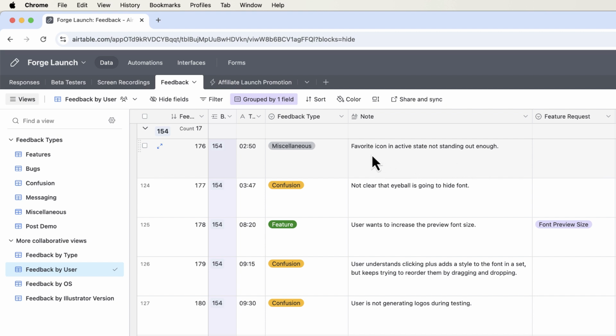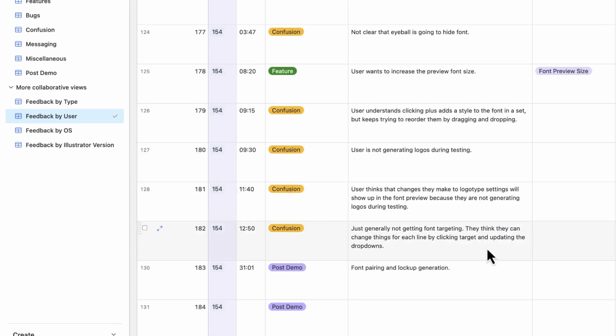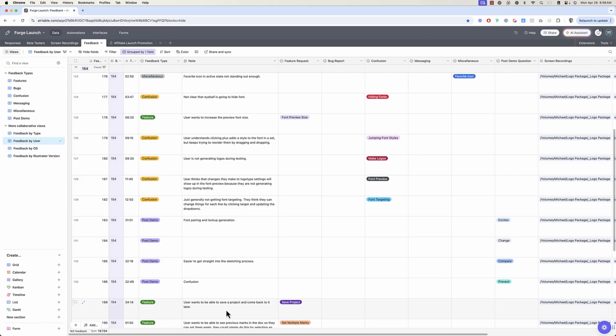So this person, for example, said that the star icon when you favorite something doesn't stand out enough. It's just an outline. It should be filled in. They were confused in certain places and they made a few feature requests. So once I've gone through all of the videos, then I can start to sort of catalog things and count